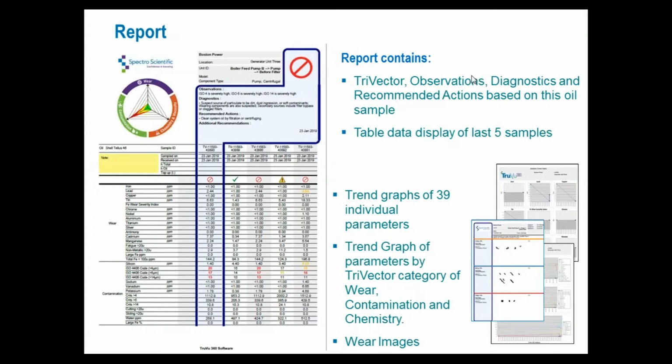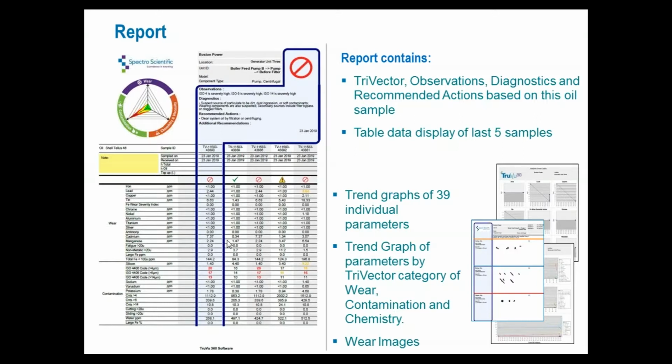At present, there's 23 default component types, a variety of engines, flash gears, other gears, hydraulics. You can copy, you can edit, you can save your own. We have some really nice templates in here for applying limit sets, but we basically default to generic component type for reference. The report then lists current data as well as the last 4 samples, so for a total of